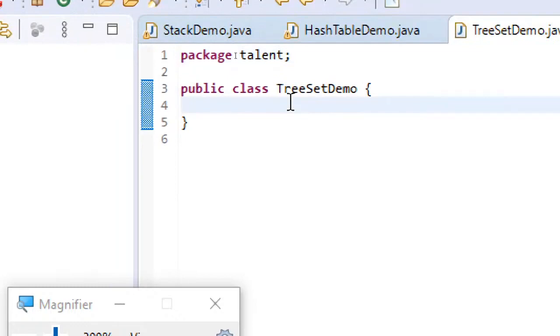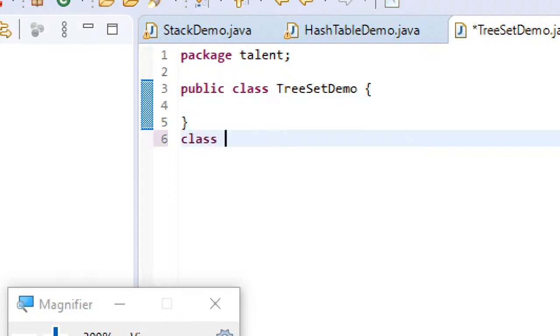And then here what we do is, okay, first let me create a class Student, and here I am using the comparable interface.